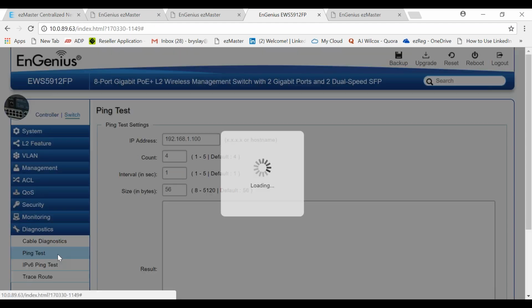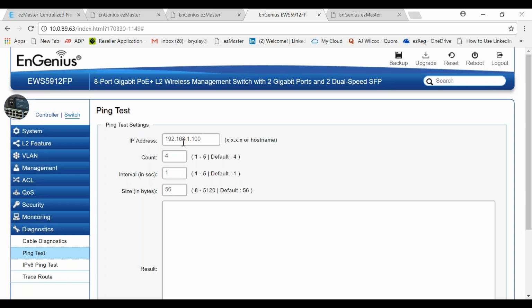I can actually do a ping test. I can ping that particular access point, or I can ping that particular client if I want to, from the switch. So I'm taking a lot of other devices out of the picture, and I can ping from my switch to the actual access point or to the client itself. Maybe the problem is at the client, and maybe I can identify that. So these are some of the things that I can do. I can check the health of the cable.